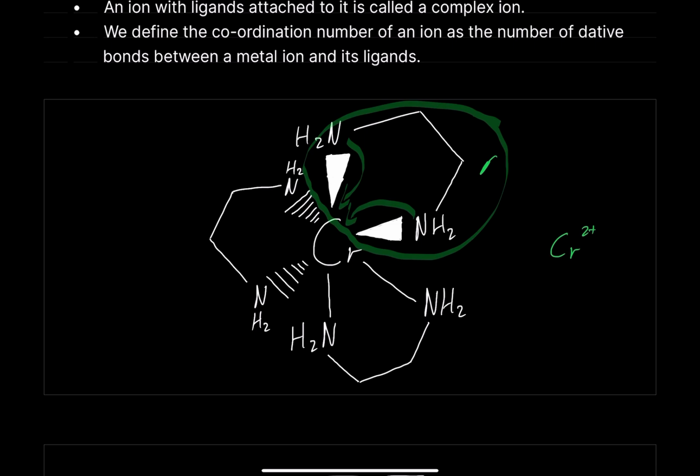So in this case, there's 1, 2, 3, 4, 5, 6. That's 6 dative covalent bonds. Therefore, we could describe this complex ion as having a coordination number of 6. And that's it. That's all. That's the basic understanding of